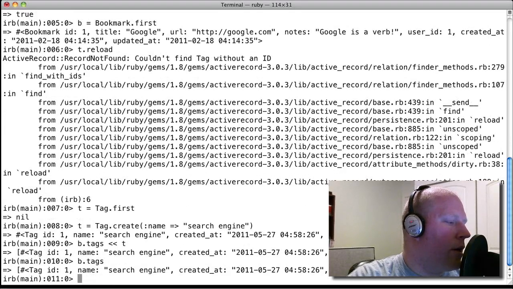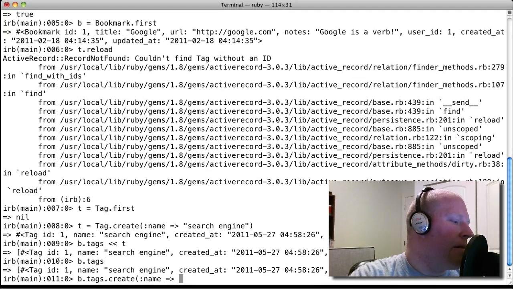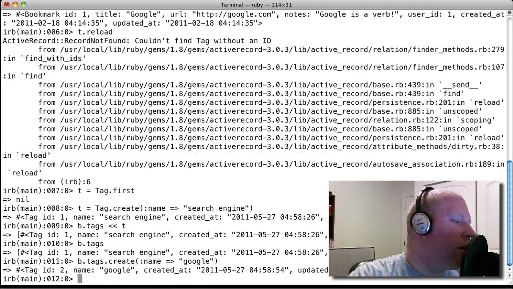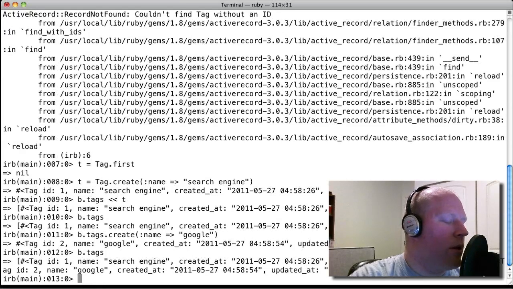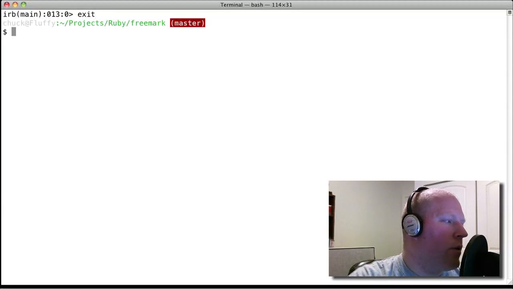You can also do b.tags, it'll look it up. b.tags.create name, Google. You know, you get all this extra functionality out of it. All right. Well, now what we want to do is, let's say that we want a user to be able to know what tags he's used on his bookmarks. Make sense? So let's go ahead and enter our